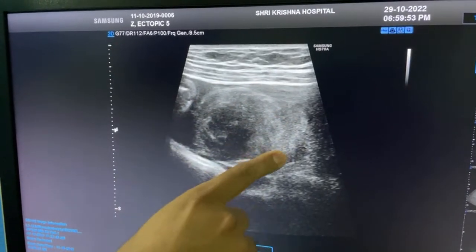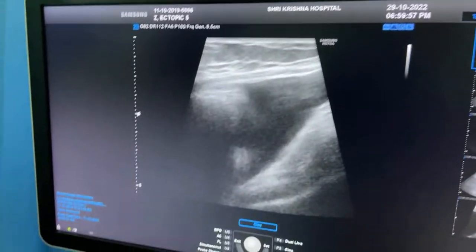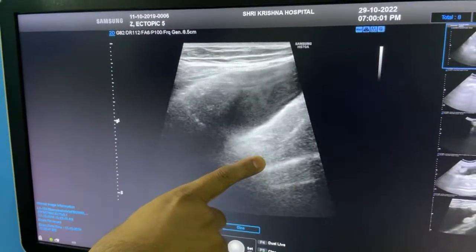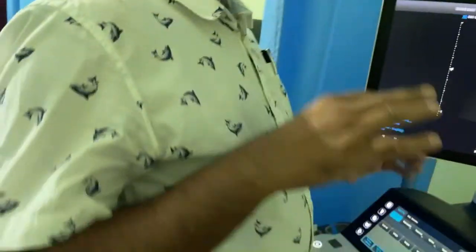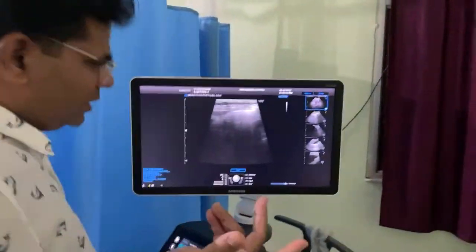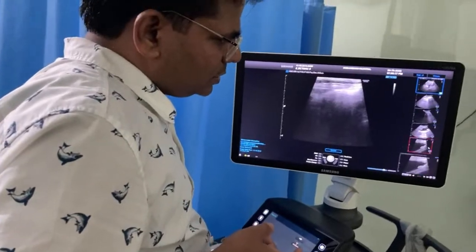Yes, it is the tube, and this is the heterogeneous collection. Whenever you are seeing free fluid and blood collection, and the mass is not clearly outlined, blood collection in the pelvis, then most likely it is ruptured, and the patient will have pain out of proportion.